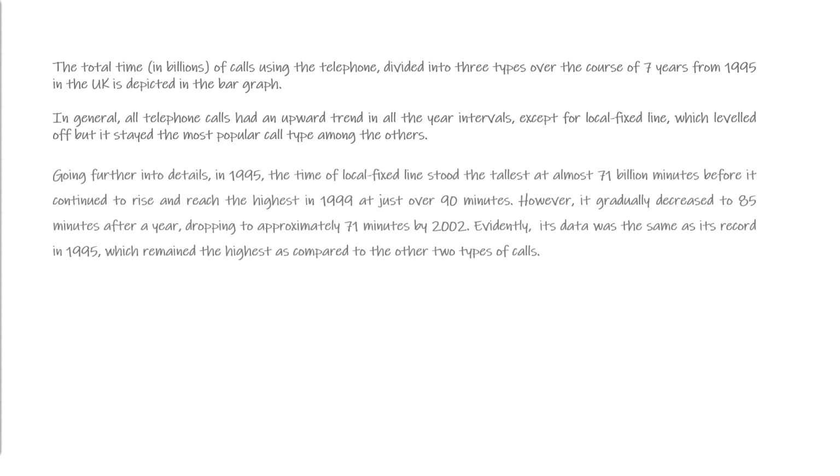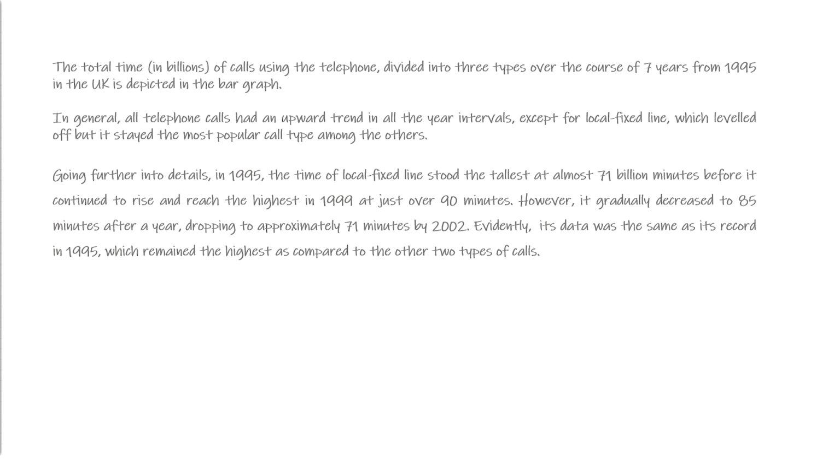Going further into details, in 1995, the time of local fixed line stood the tallest at almost 71 billion minutes before it continued to rise and reached the highest in 1999 at just over 90 minutes. However, it gradually decreased to 85 minutes after a year, dropping to approximately 71 minutes by 2002. Evidently, its data was the same as its record in 1995, which remained the highest as compared to the other